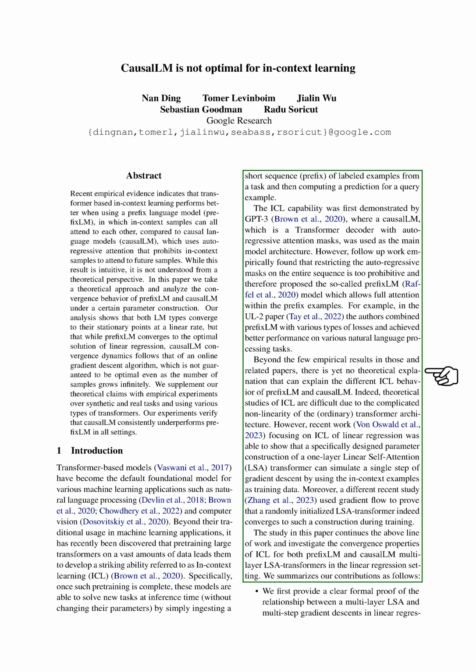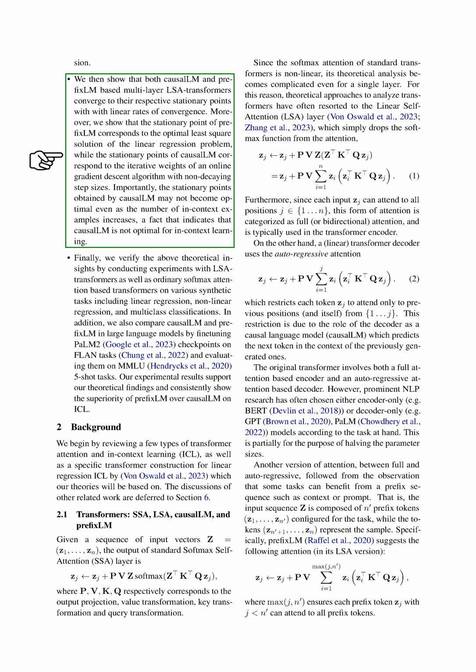We first provide a clear formal proof of the relationship between a multi-layer LSA and multi-step gradient descents in linear regression. 2. We then show that both CausalLM and prefixLM-based multi-layer LSA transformers converge to their respective stationary points with linear rates of convergence. 3. We also show that the stationary point of prefixLM corresponds to the optimal least square solution of the linear regression problem, while the stationary points of CausalLM correspond to the iterative weights of an online gradient descent algorithm with non-decaying